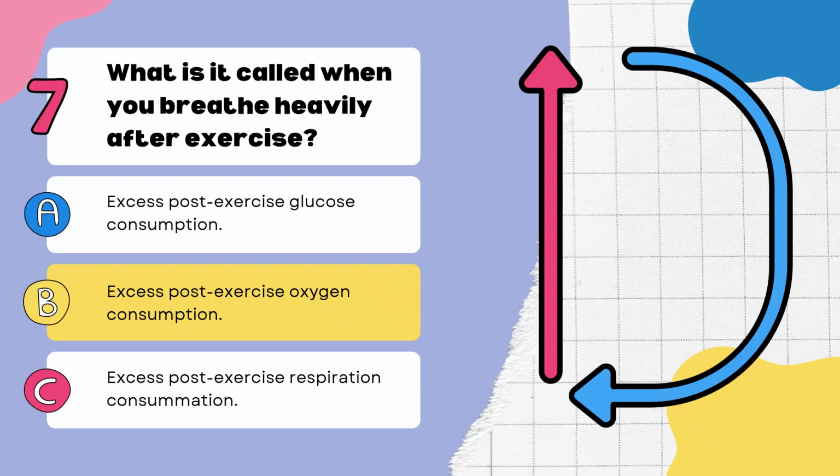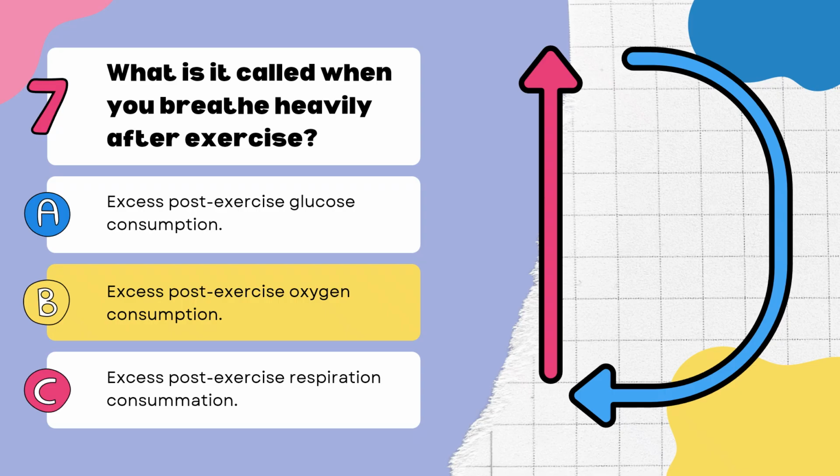It's called EPOC. EPOC is your body using extra oxygen after exercise to restore the balance. You have lost so much oxygen in your heavy workout, and now your body is trying to bring in more